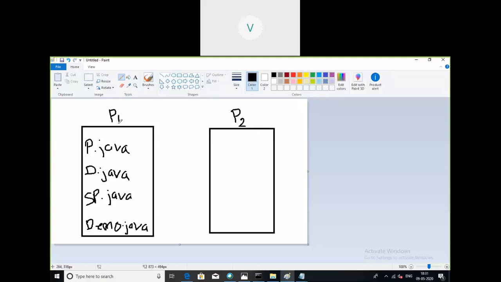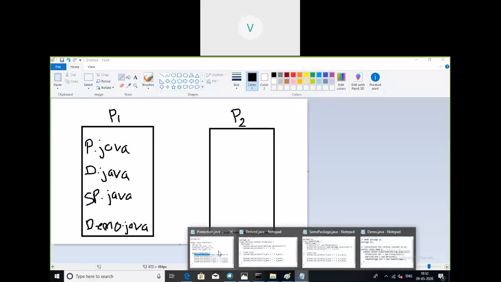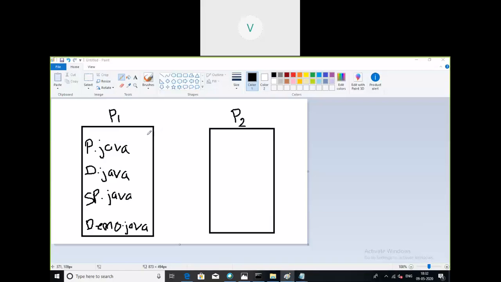So let us concentrate only on this first package now. Four files are ready. This is what is ready now. In these scenarios, protection is the base class. This very first class here is the base class for everything we discuss. Then obviously this one, by name itself, is the derived class.